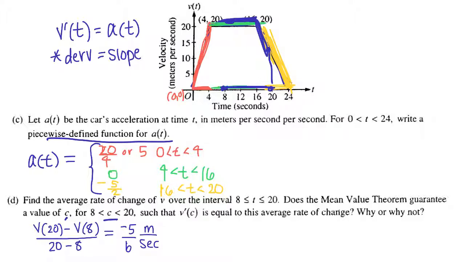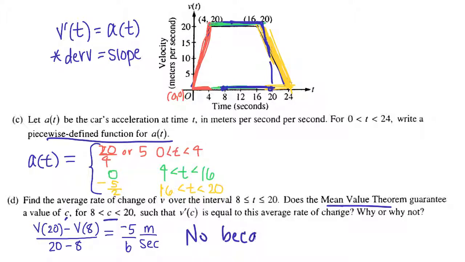let's look at what's happening over that interval. Notice that right through here, we really have a sharp turn there, don't we? If we go back and we focus on from 8 to 20, look at what happens over that interval. We're not differentiable there. So will the mean value theorem guarantee? Well, mean value theorem says that we are differentiable on the open interval and continuous on the closed. So no, it doesn't. So my answer here would be no,